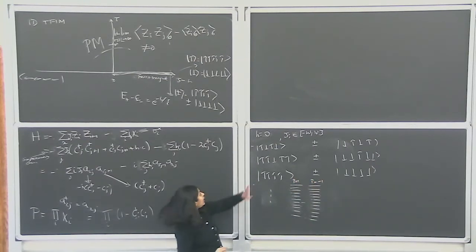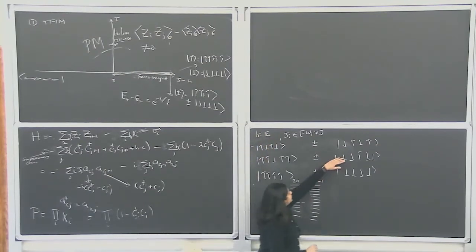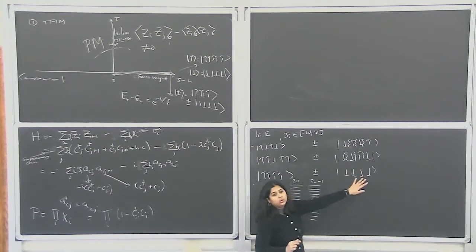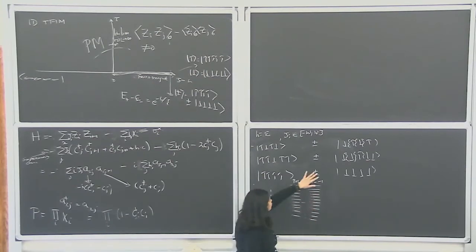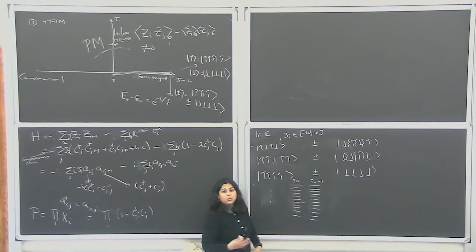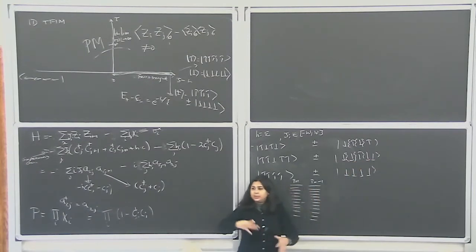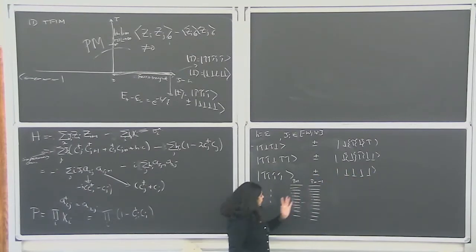Okay, and now when you turn on a small amount of epsilon, once again, so this was a state which has some number of domain walls in different places. But these domain walls are now getting pinned by the disorder. They can't just freely move around. So these domain walls, which are like your single particle excitations, they remain stuck. So even when you turn on a small amount of epsilon, what you'll find is that your states basically look like these random patterns of up and down spins, dressed a little bit with these stuck domain walls, but